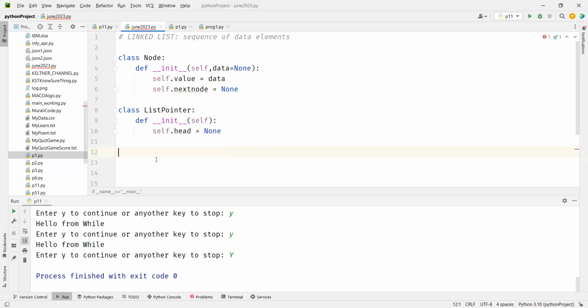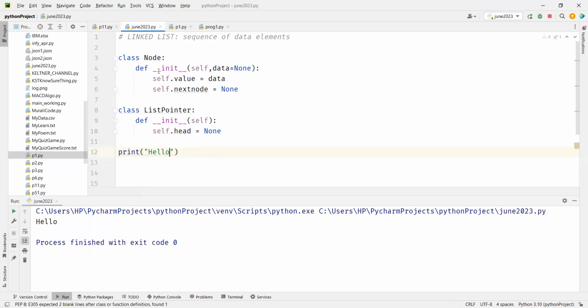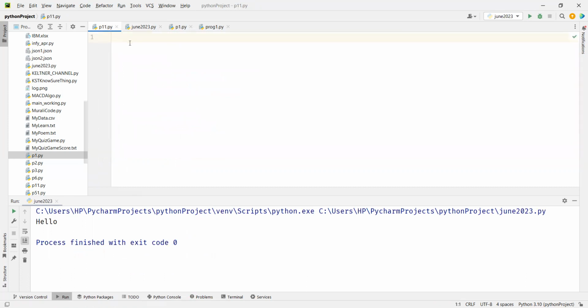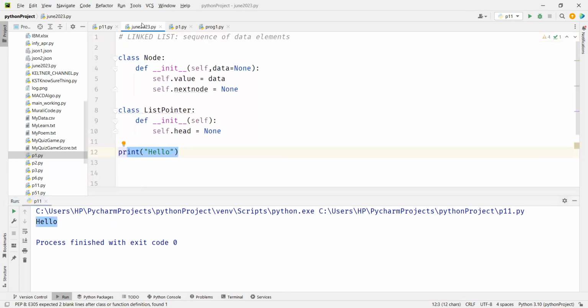for a minute, let's say I give print hello. Now this is June 2023. If you run, you get this class and you get print hello because we are calling this. Now let's say in P11, I say import June 23. If I say import June 23, it imports those two classes that we have, and it executes this main program. You see, you get hello here,